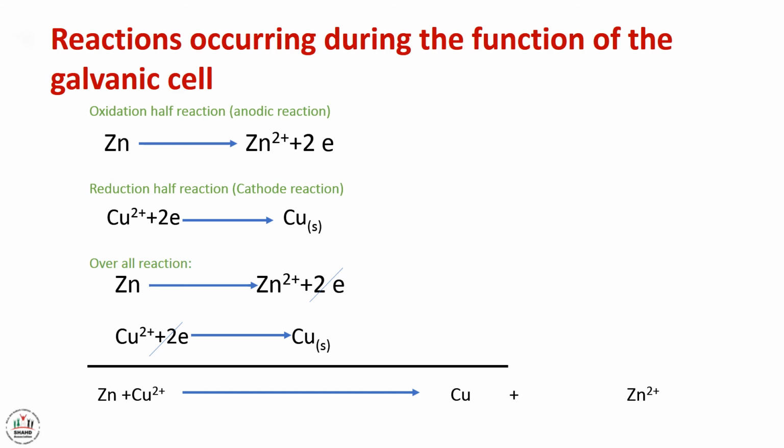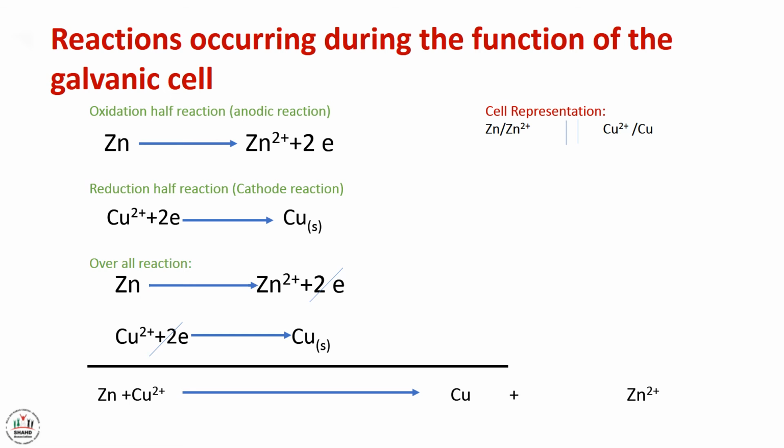At this stage, we have to write the cell representation from the overall reaction. We will start with the anode and then the cathode. So we write it like this: Zn slash Zn2+. We write the representation of the salt bridge as 2 vertical lines, and then we write the cathode, which is